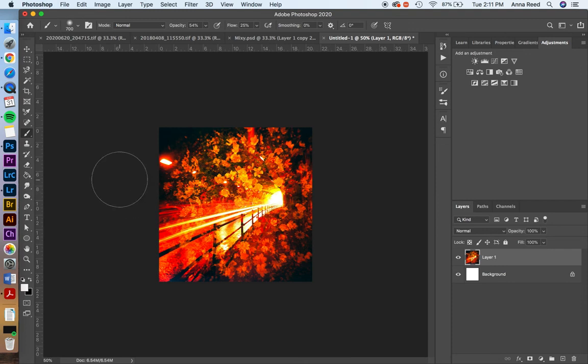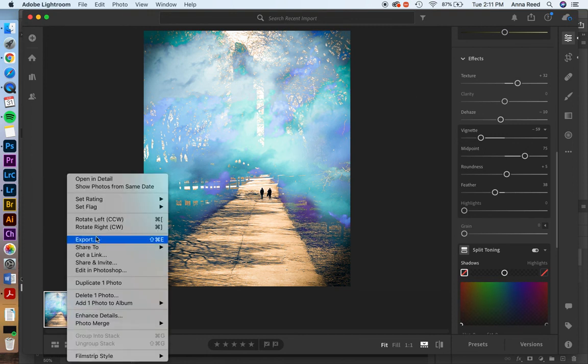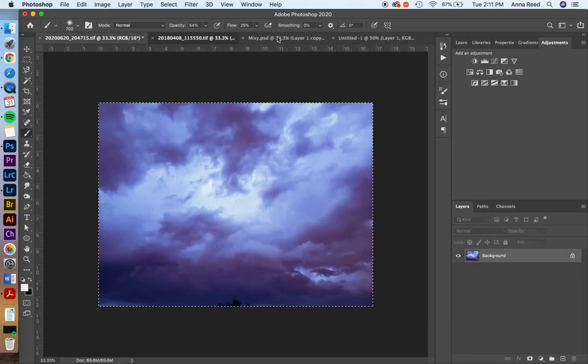I like to leave both of them open just in case I want to make another change here. I could then save it again and open it again in Lightroom. I have my final picture. I'm pretty happy with that. I'm going to kind of compare it to what my inspiration was. If I am good with everything and I'm either here in Lightroom or Photoshop, remember, you just want to right